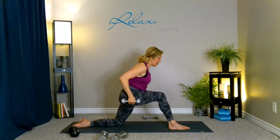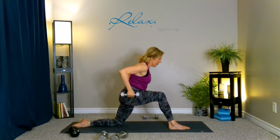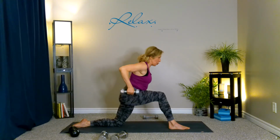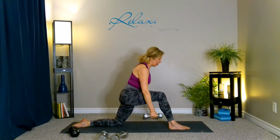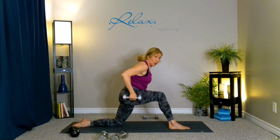So think about really focusing your mind in the muscles that you are working. That's how you're going to get results. So you don't want to go on autopilot here. You really want to concentrate on what's going on. Hold it at the top. Draw that elbow in, so don't let it flare out to the side. Make sure you're tucking it in and keeping your wrists right underneath your elbow, keeping your elbow as best as